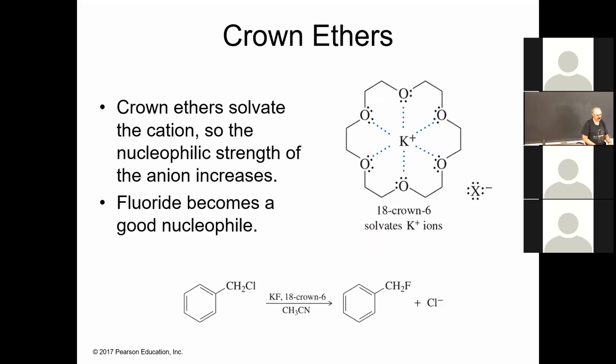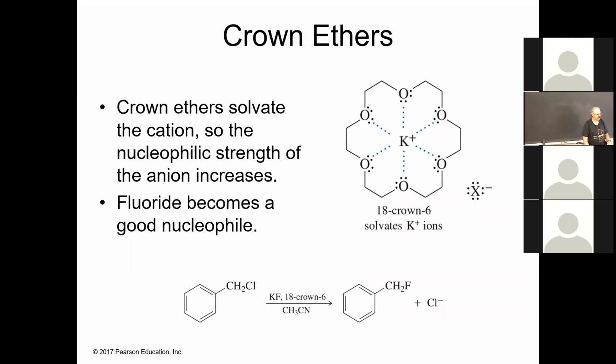Potassium permanganate is an ionic compound. It is not going to dissolve in organic solvents, and a lot of the reactions we want to do are in organic solvents. But if we add 18-crown-6, that ties up the potassium,